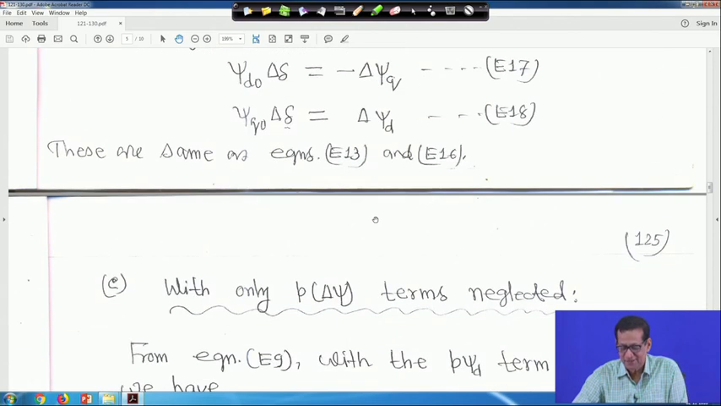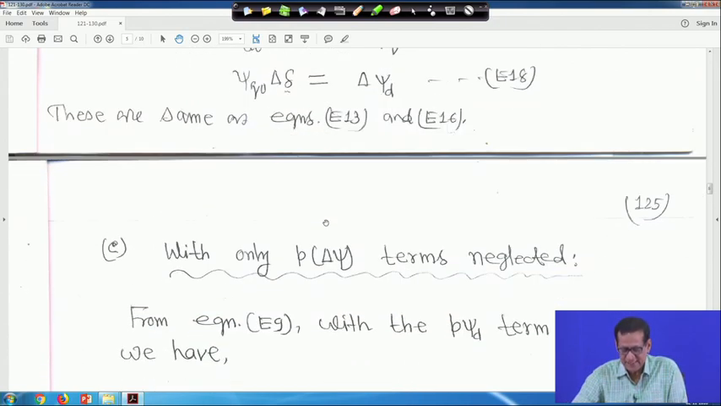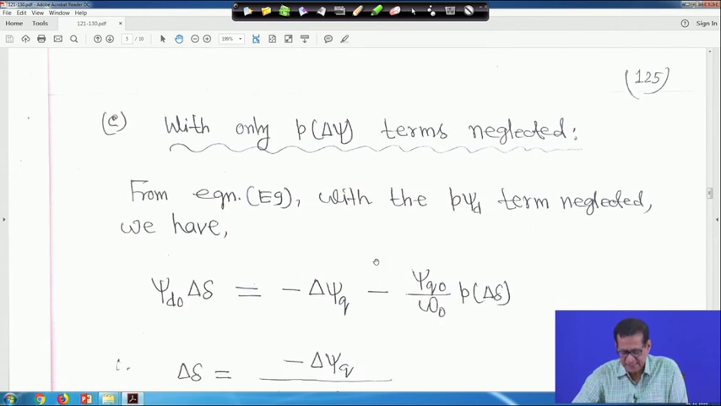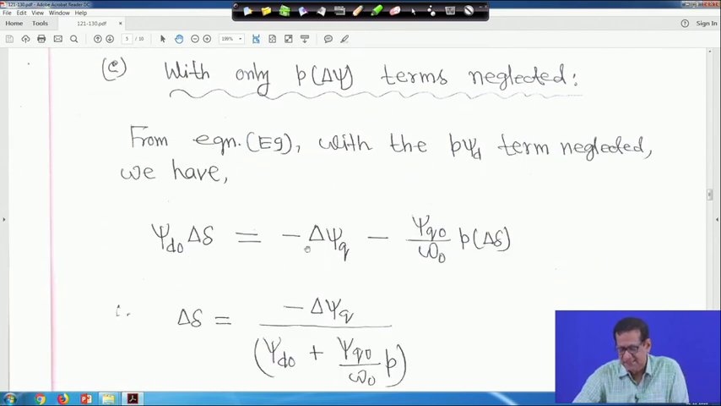So, this is actually what we wanted to mean in the problem, right. Now the next case is, suppose only the p delta psi terms are neglected, that is, the p delta psi d and p delta psi q terms are neglected. If we do so, then from equation 9, with the p delta psi terms neglected, p delta psi in general is nothing but the p delta psi d terms and p delta psi q terms, right. So, with these neglected, then you will get psi d 0 delta delta is equal to